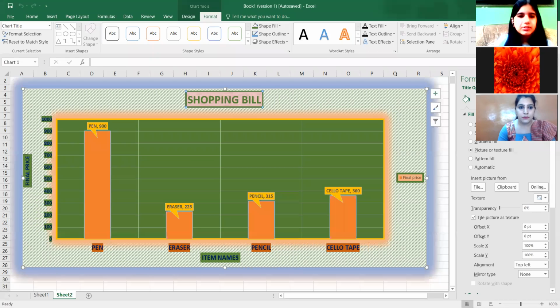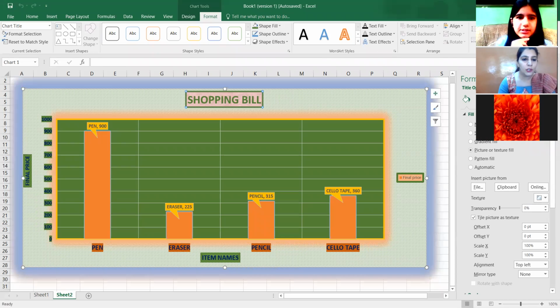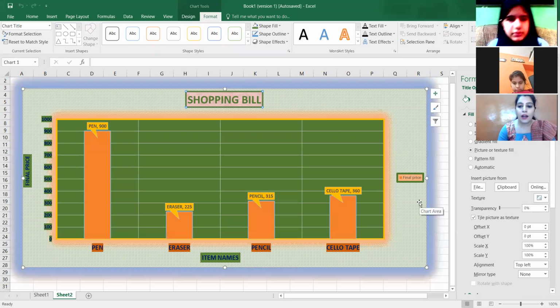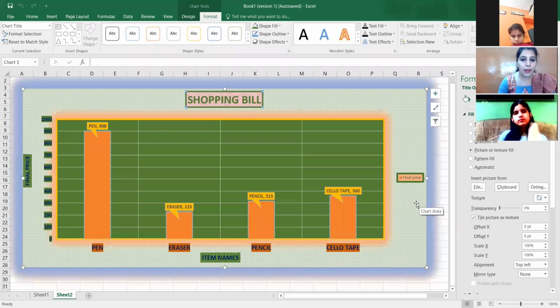Ma'am, I want to show my Excel sheet. Prerna, we will do this on Monday because the time is up. Okay? So you are having a break now. So other students also, like the same way Prerna has made a chart, you people also make one worksheet, insert a chart, apply all the components, do the formatting.